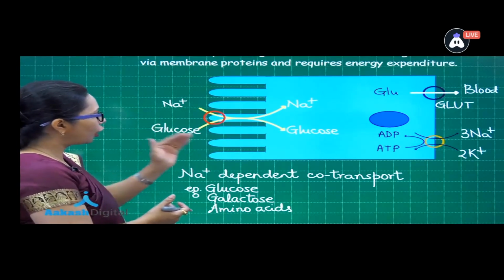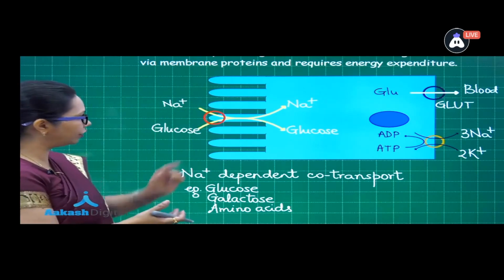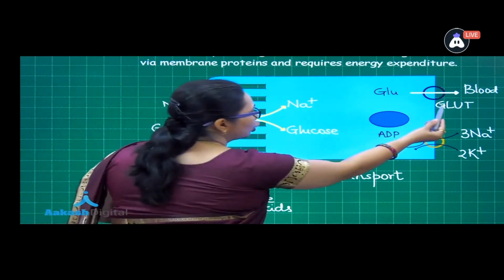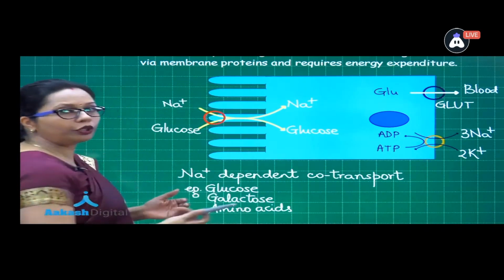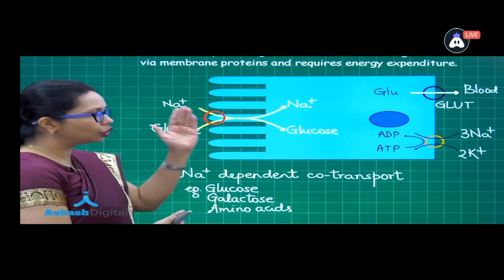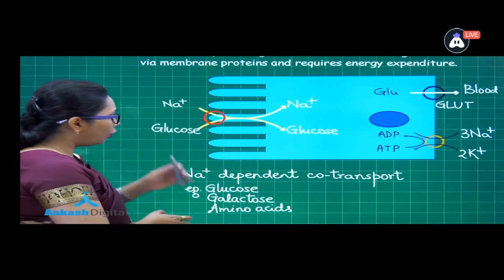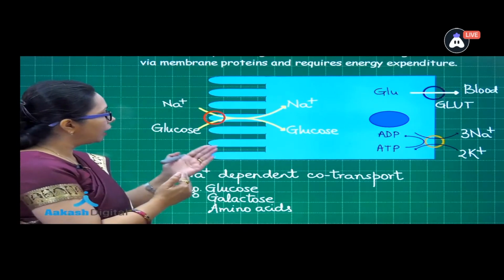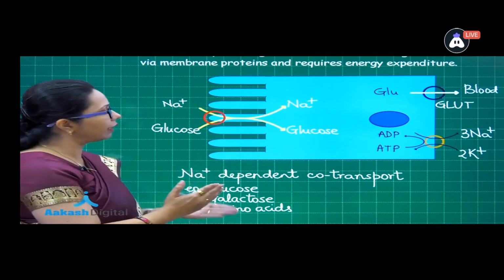And since here we are talking about water soluble substances, at each stage we can see there are different carriers. Now this is a sodium dependent co-transporter. Here we have seen glucose transporter, and here there is another transporter which can also be called an antiporter, because it is also transporting two substances, that is sodium ions and potassium ions, but in opposite directions. Now absorption is over. So here we have seen that the end products of carbohydrate, proteins, their end products are